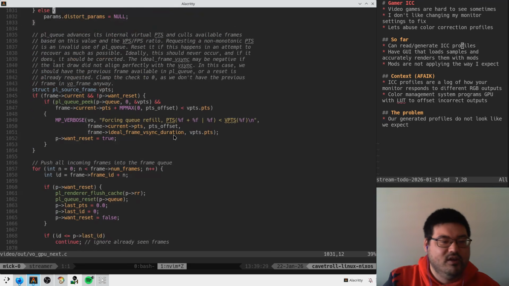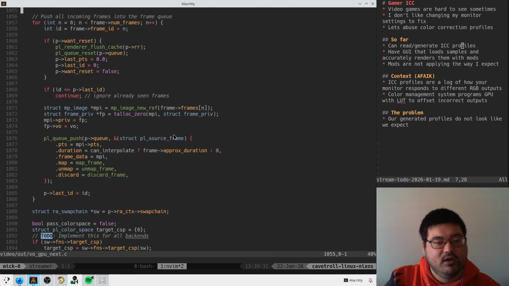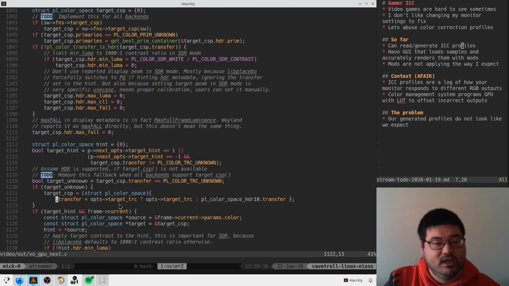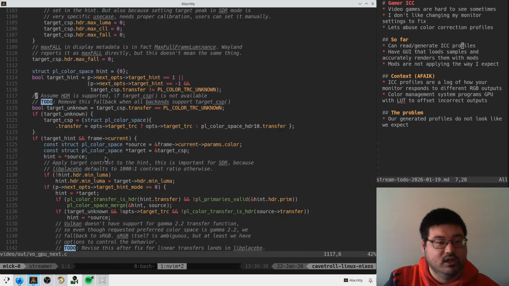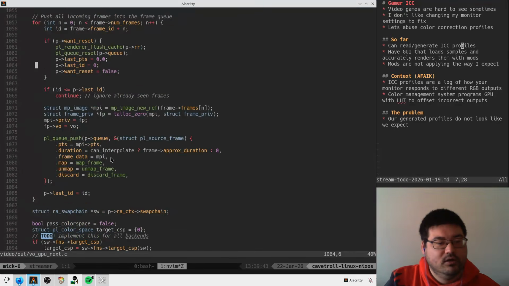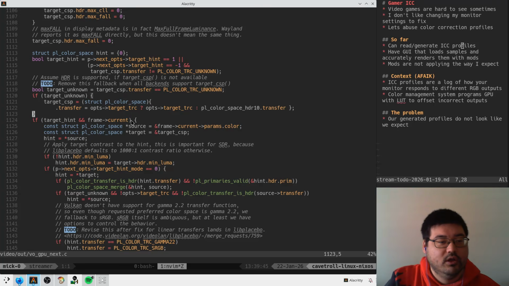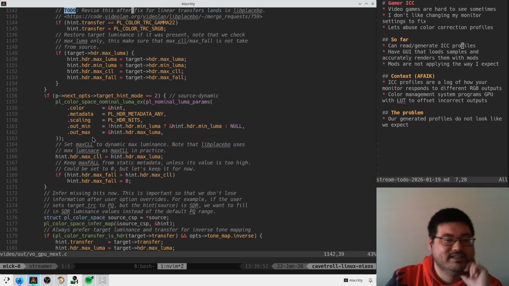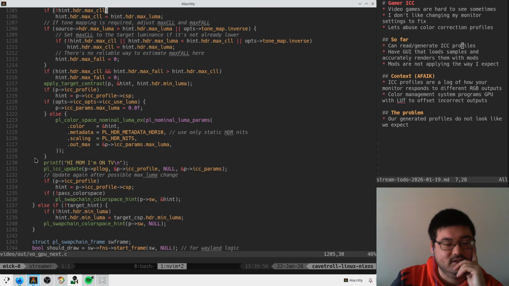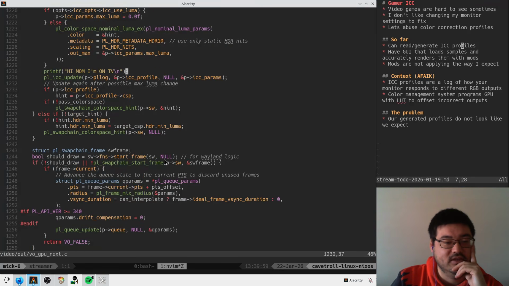I think that's fine. Okay, so why did we think that this was relevant? We wanted to see that he was using the transfer function here that we expected. So it already says in the MPV log output that depicts. It's fine. So he applies a bunch of hints. Oh yeah, and we already had this hi mom on TV thing. So this hint